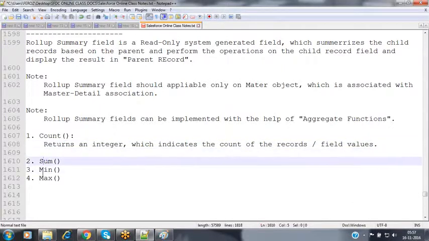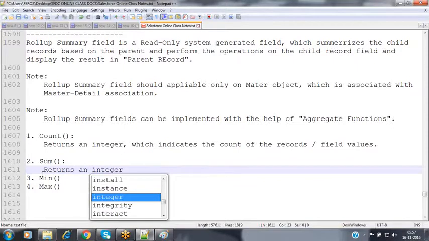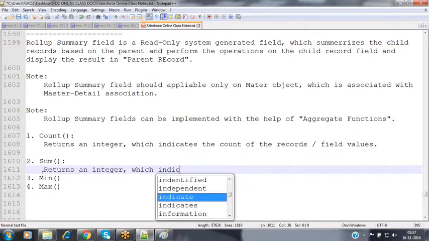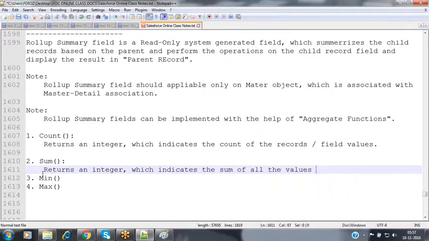Now, the sum returns an integer, which indicates the sum of all the values in the specified column.